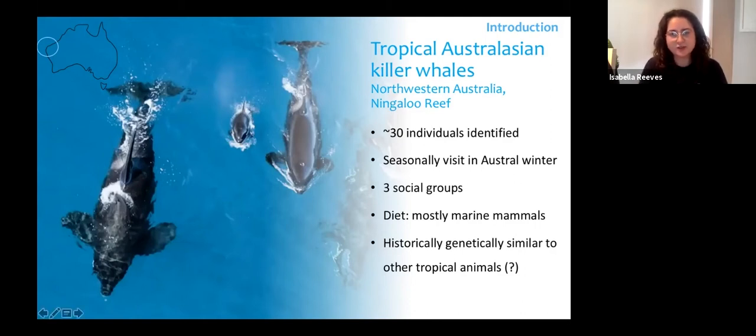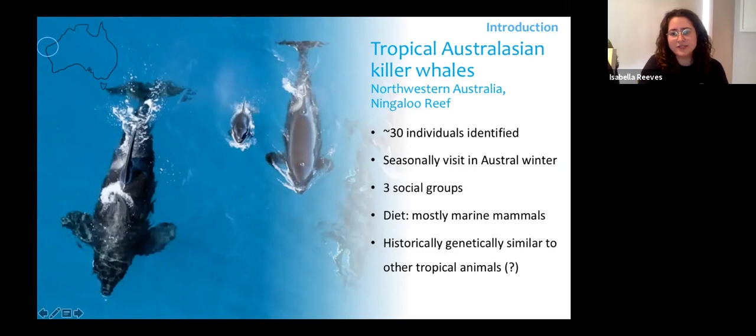So there's a matriarch called Hook, and she has 3 offspring. Their diet mostly consists of marine mammals, particularly they're known for their predation on humpback whale calves. There is a stock of humpback whales that actually come through the Ningaloo Reef area, the Type D stock, and they calve in the area, and quite often they're known for taking calves. I think only just last week this group took down 2 calves in one day.